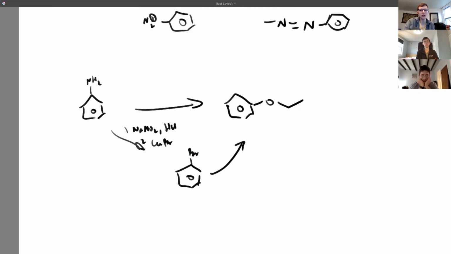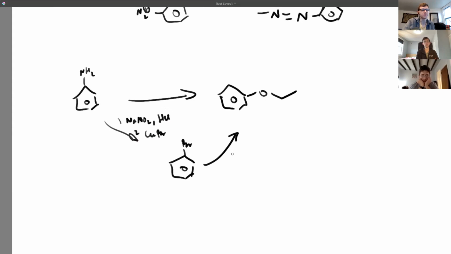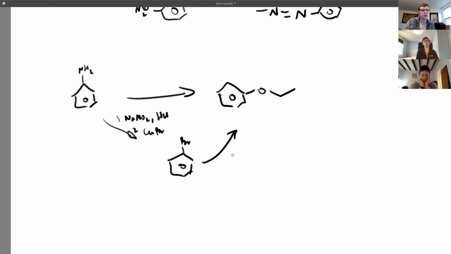So we get a halogen, and then from there, NaOCH2CH3. You could put this in there, which is a really strong base. And then heat it, and this goes through the benzyne mechanism,